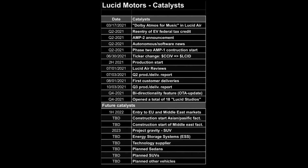Now for the best part of the video. This is Lucid Motors' catalyst calendar. Take a screenshot and save these dates. These dates will create huge price action volatility. March 17, Dolby Atmos for music and Lucid Air. Not sure what this means for that date, but I'm assuming this is a sound system they will be integrating into their cars. In Q2 we have re-entry of EV federal tax credit, AMP-2 announcement, autonomous, software news, and phase